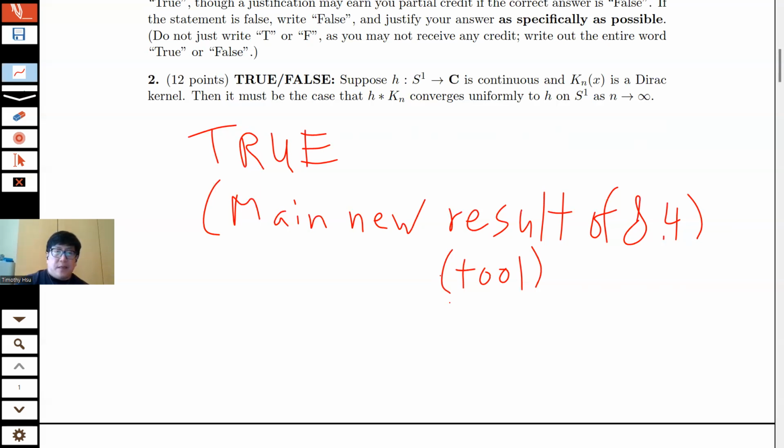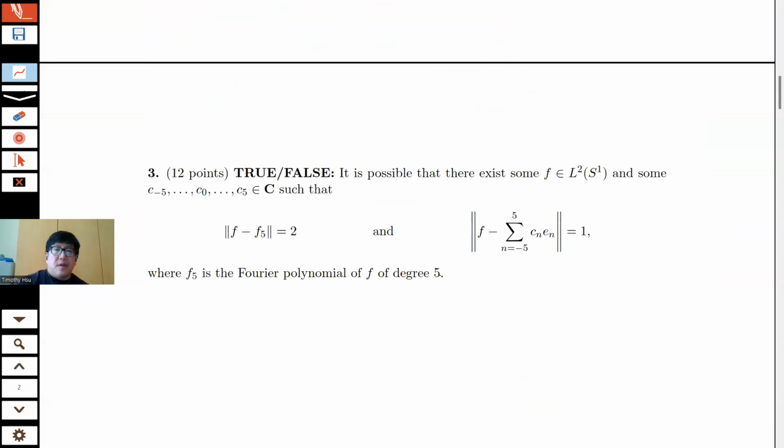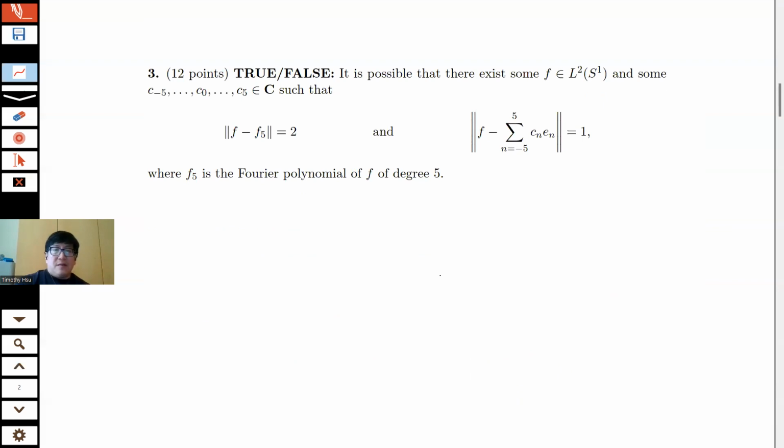Okay. Next, number 3. True or false? It is possible that there exists some F in L2 and some